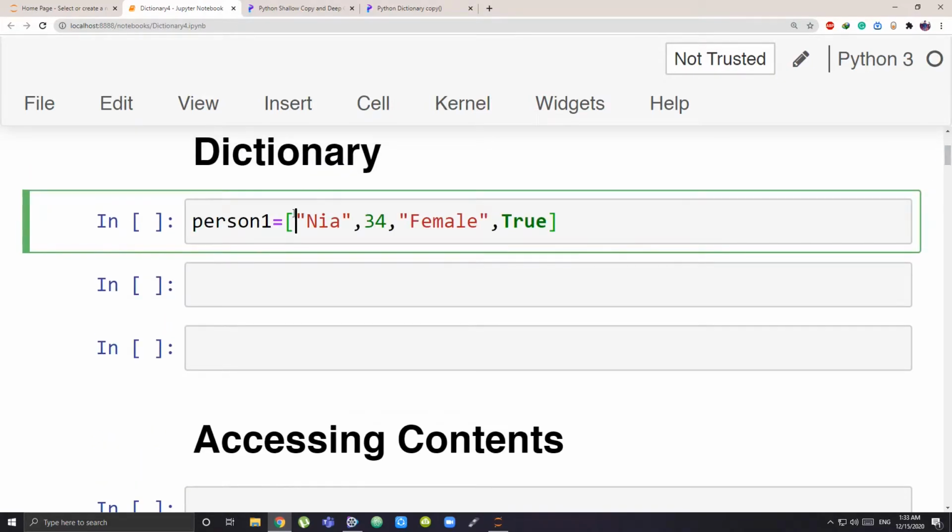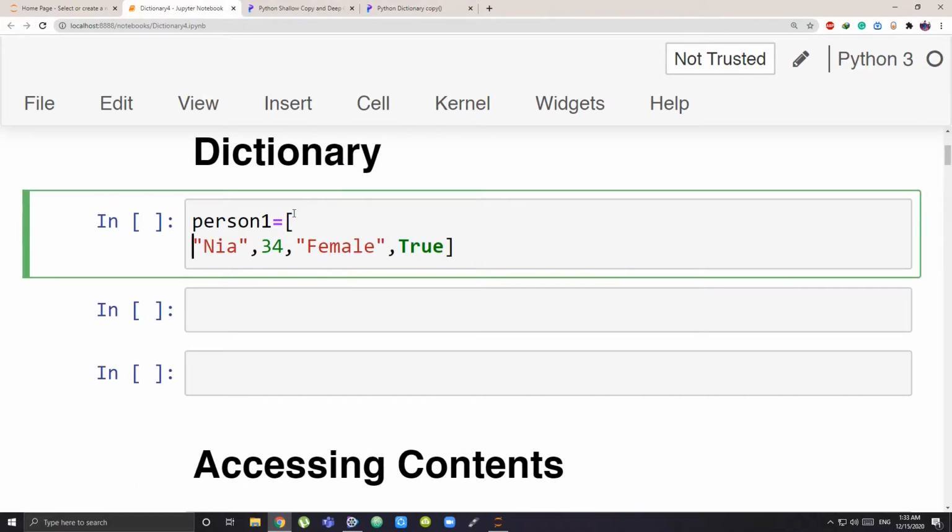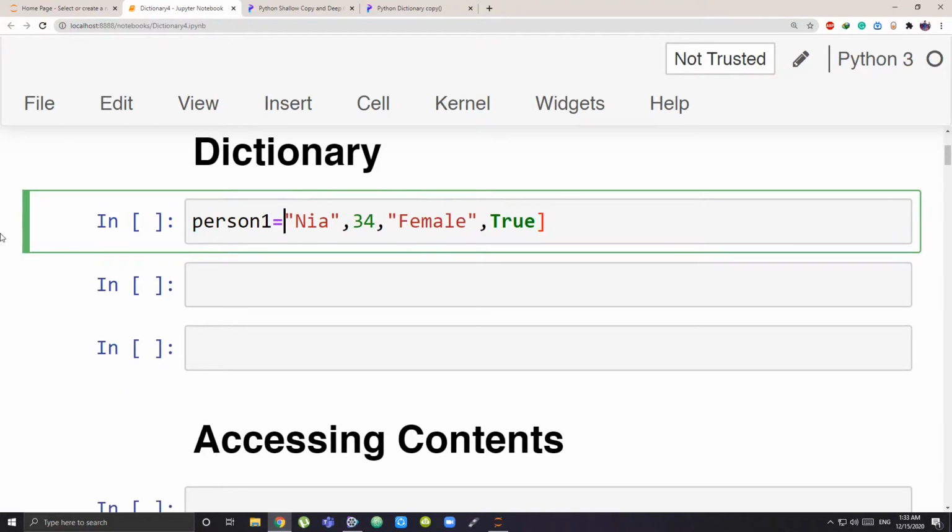So the first and foremost thing that you have to do is, instead of square brackets, you need to have curly brackets. Okay, and now that's the first thing to do. You will provide an extra information. This first quantity, what is this first quantity? This is the name. What is name? Name is the text. That is why I have to write in quotes. After that, there will be a colon. Okay, you have to put a colon.